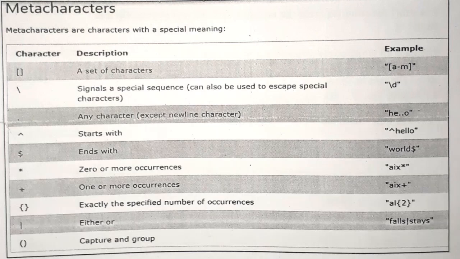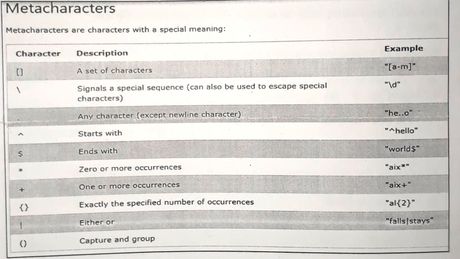Now I have added some things like meta characters, special sequences, and after that sets. These are the three things commonly used whenever we want to write a regular expression. There are different meta characters available. The asterisk symbol which we have used is one of the meta characters. The dollar symbol and caret symbol which we have used are again meta characters. Then we use the dot operator, which is again a meta character. So we have so many meta characters.